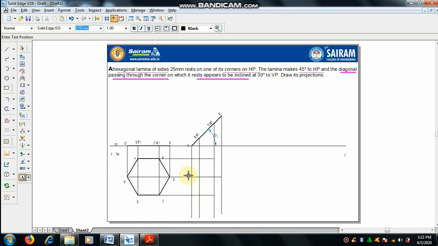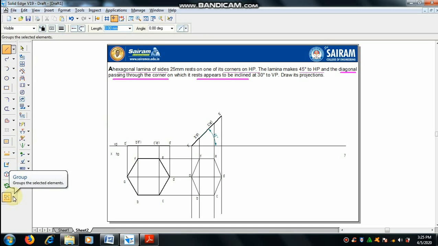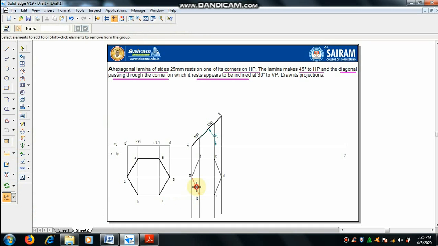So the intersection points we mention as A, D, B, where B meets, C. Now with the help of the line command we have to join all A, B, C, D, E. Select all with the group command and make it a group.